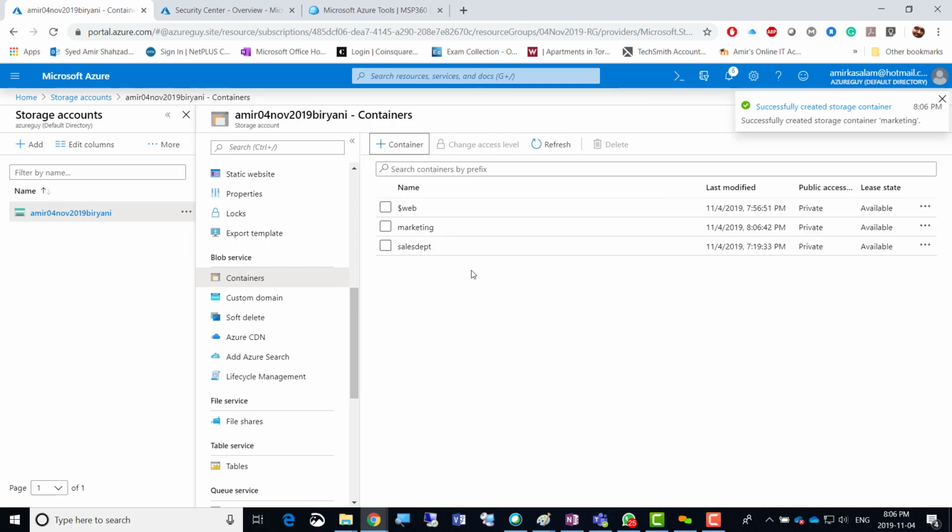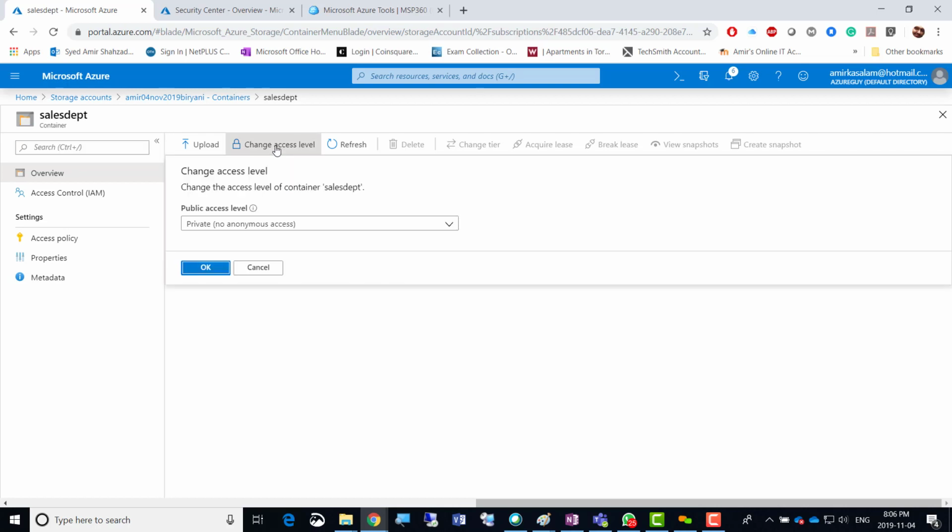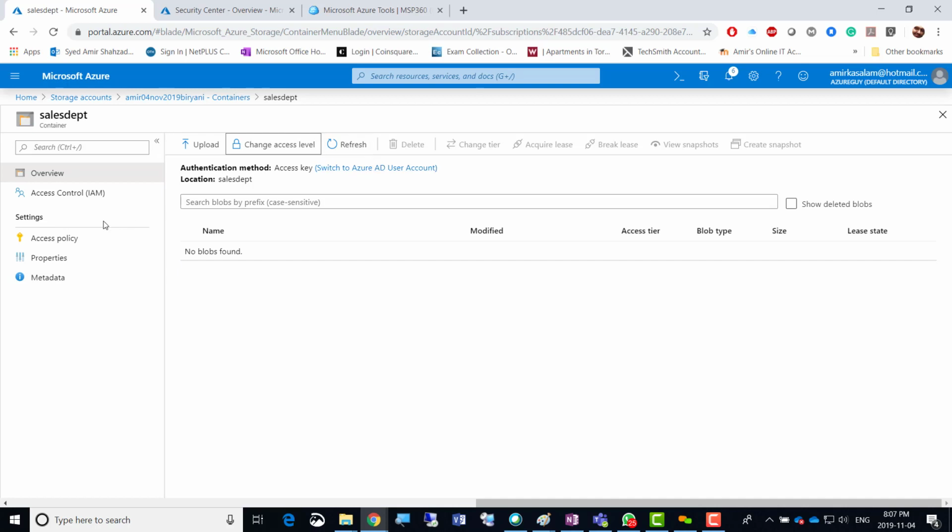So not much there when you create a container, but when I go inside the container here, there are some extra features there. Upload a file, change access level. There is that access level that we were talking about, that we can change anytime. We can make it public. And access key authentication method is access key right now, which means that you have to use the key 1 or key 2 access, or you can switch to Azure AD user account. So any Azure user who has been created in Azure Active Directory can also connect to this account if you switch to that. So if I click that,